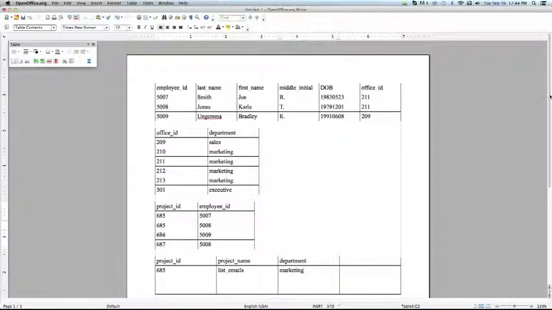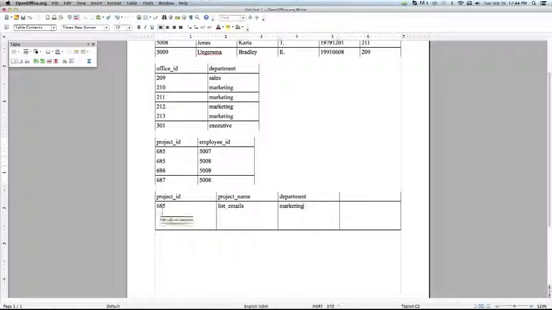One could do things like that, and then we'd have lots of project IDs mentioned here that have their names and other information that's pertinent to the project, but we couldn't put employee ID there,